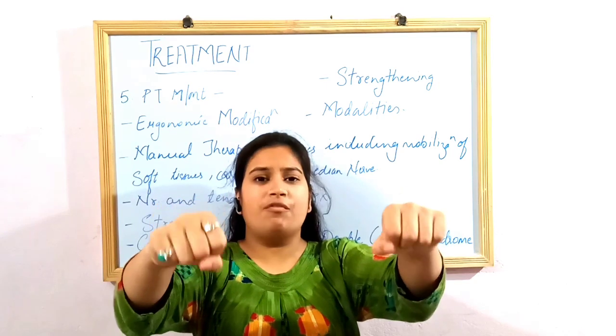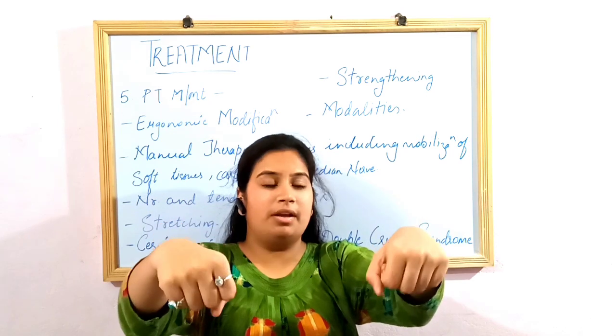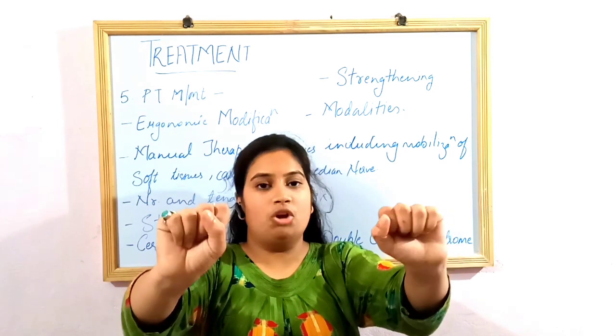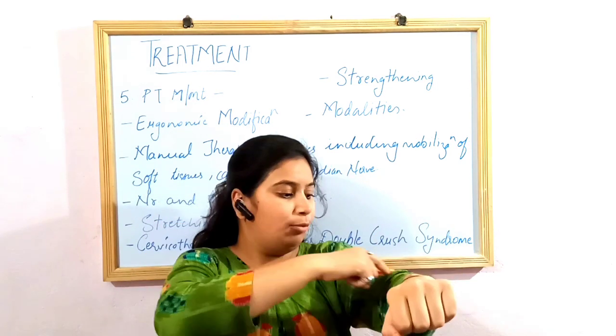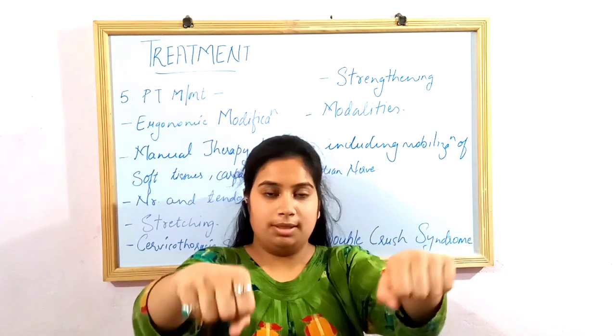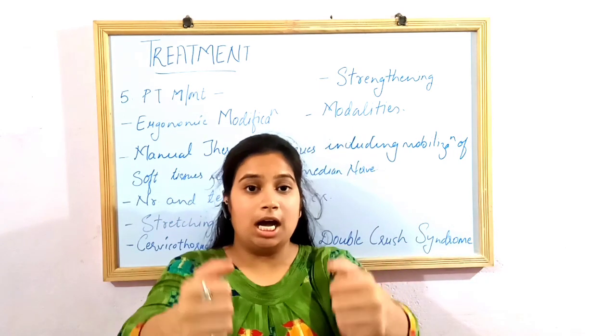This is a bit of a warm-up exercise, not putting a lot of stretch or a lot of pressure over the wrist, and also not using resistance. This you can do. Your elbow needs to be bent and your wrist needs to be in the neutral position. Motorbike. Second is the radial and ulnar deviation.